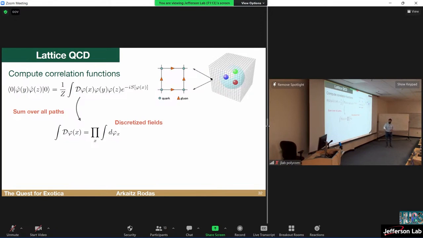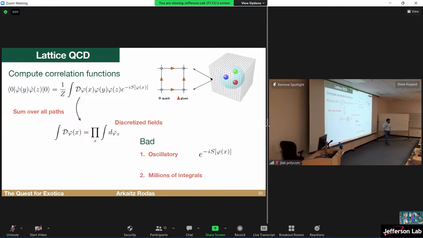Now the thing is, in the Feynman formulation, you will have to sum over all possible paths in the continuum, right? But in Lattice QCD, all these integrals become multidimensional integrals on each one of these possible points in the lattice. Here you have 4, so it will be a 4-dimensional integral. Each variable must be integrated over all possible values the field can get at this point. So we're going to have huge multidimensional integrals, and we are hoping to solve them numerically.